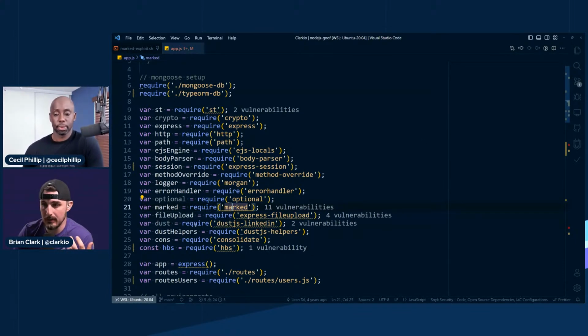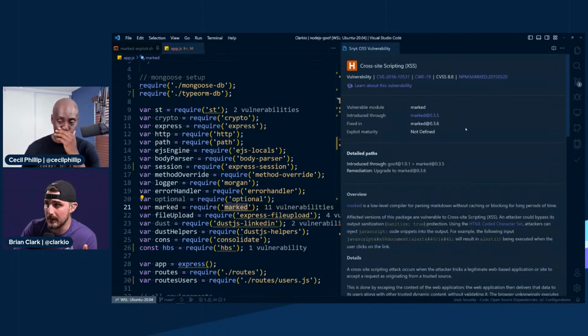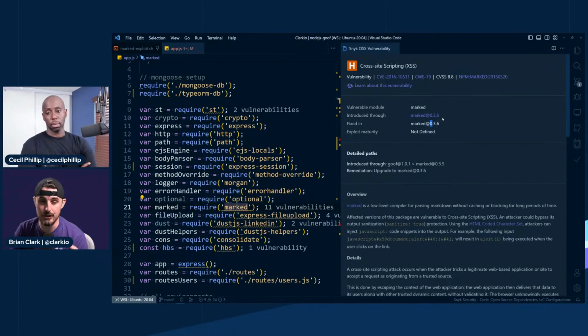I say it's simple because in the JavaScript and Node ecosystem, most packages follow semantic versioning, which I know you're familiar with, but maybe folks that are watching aren't. There's the major version, which is the first number, the minor version, which is the second number, and then the patch version, which is the last number. Typically, if you're bumping a minor or patch version, you can fairly confidently feel that it's going to be backwards compatible. It's not going to be a breaking change. Whereas if it's a major version number change, it might be a breaking change, and you need to do a little bit